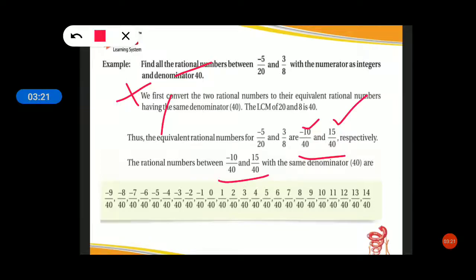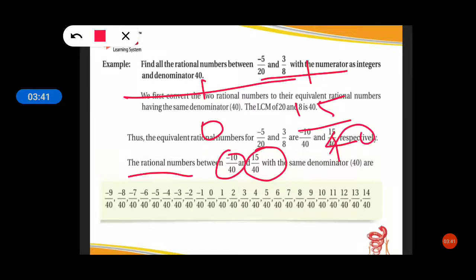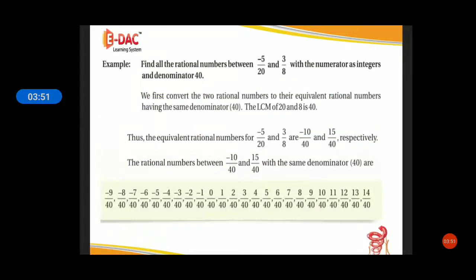Now we are getting a common denominator. What they are saying is, between these two numbers, whatever rational numbers there are, you are going to find them. You have a 0 here, one positive and one negative. So 15/40 is a positive number, so it will come here. Now -10/40 on the number line will come on the left side, here. Now you are going to find between -10 and 15 whatever numbers there are. Okay students, try to find that. Positive means positive side, negative means negative side.